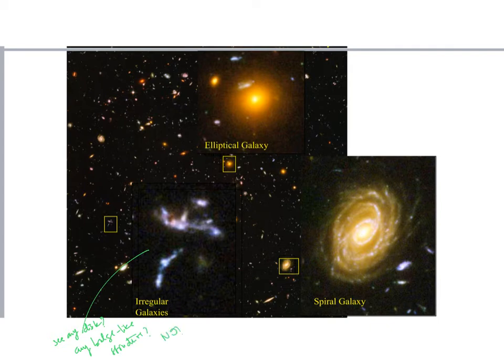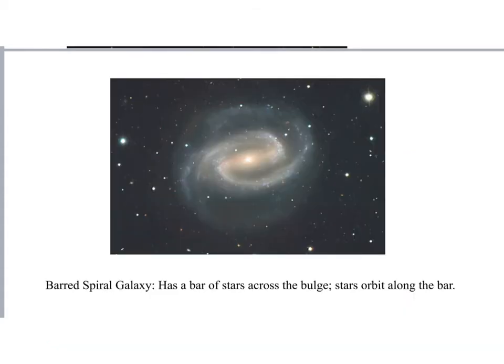No. So therefore its name, irregular. Okay, so let's look at some other types. There are actually, of course, it's kind of hard to classify this big universe of island universes into just three categories. It turns out that